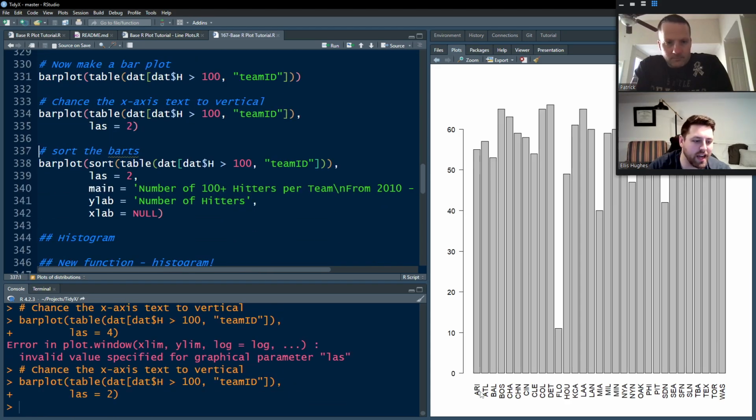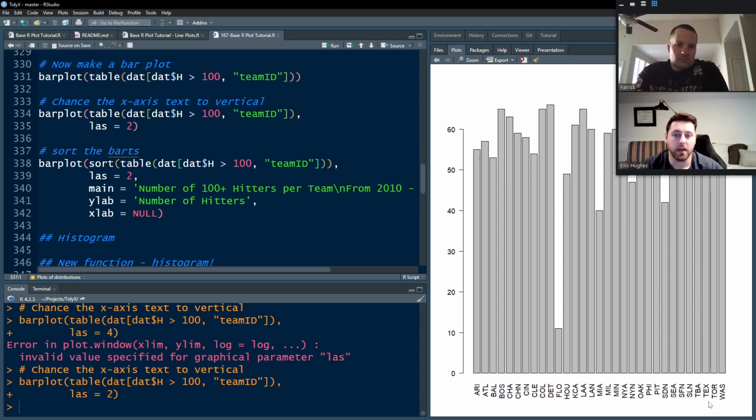But this is kind of not super helpful because this is showing it by alphabetical team, which may be how you want to view it if it makes sense to display data in an alphabetical order, or in a way where the categorical variables need to be shown in a certain order. This makes sense. But that's not the only way you might want to do it. Sometimes you want to show it actually by the order of the hits. So who were the best hitters and who were the worst hitters